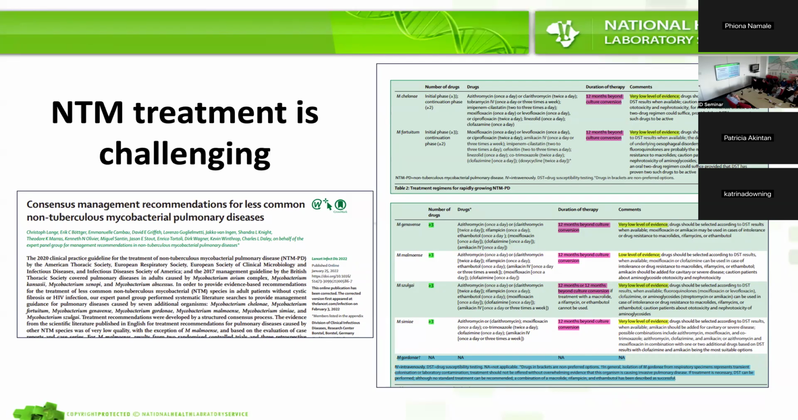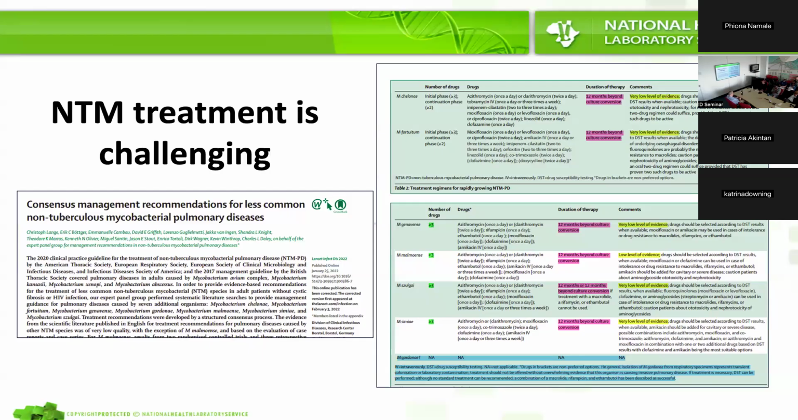But they say there that, for example, an organism like M. gordonii, you need overwhelming evidence that this organism is causing invasive pulmonary disease. If treatment is necessary, DST can be performed, although no standard treatment can be recommended, and they give you a few options that can follow. So there's definitely a case-by-case basis, a bit of anecdotal evidence that is also needed when treating these very less frequently